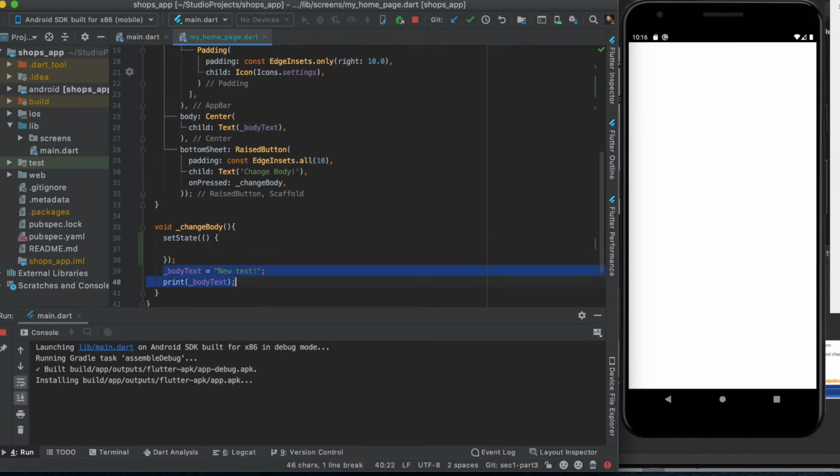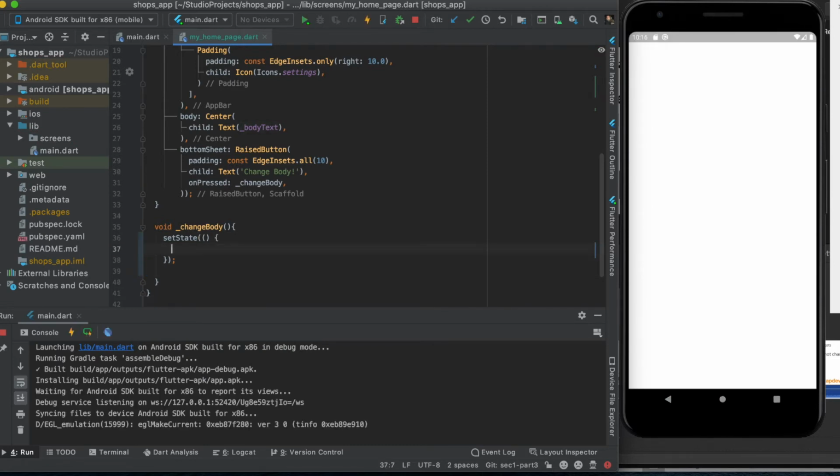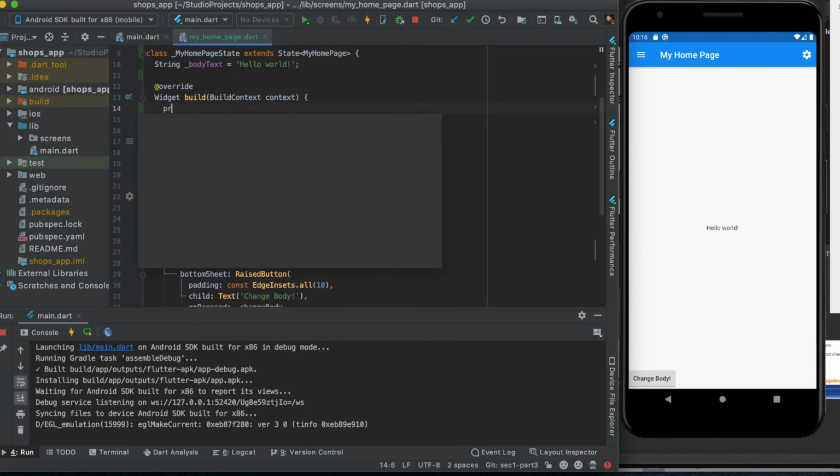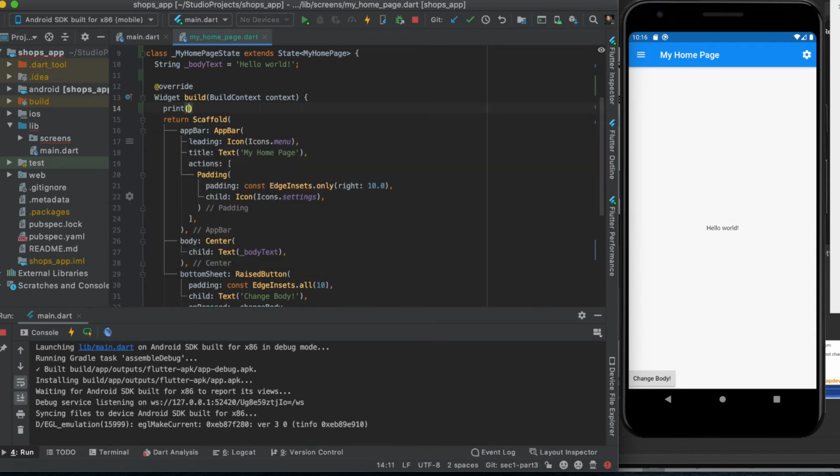Whenever you call setState, it informs the widget that something needs to be changed. So it's going to call that build method over again, and to make sure it's calling it, I'm just going to debug it and see